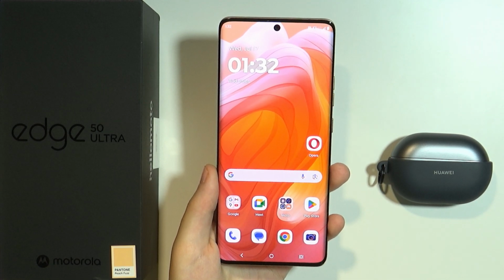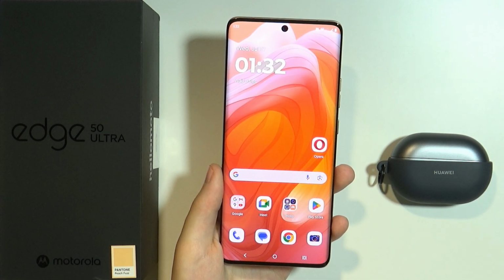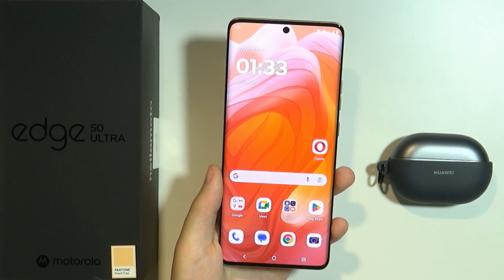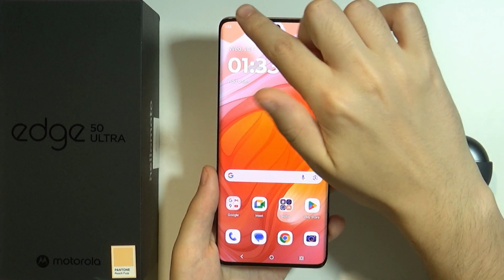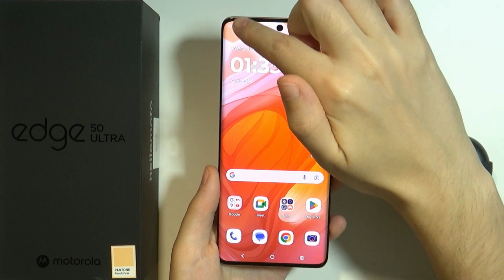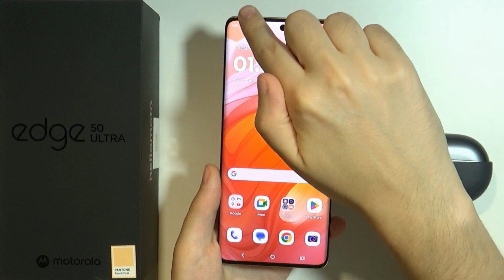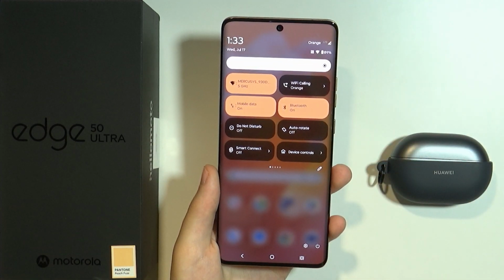Hello, in this video I'm gonna show you how we can enable and disable Dolby Atmos on Motorola Edge 50 Ultra. So if you are using just your loudspeakers, then Dolby Atmos is always enabled and you cannot disable it. You can find the button to enable and disable Dolby Atmos by swiping twice from the top towards the